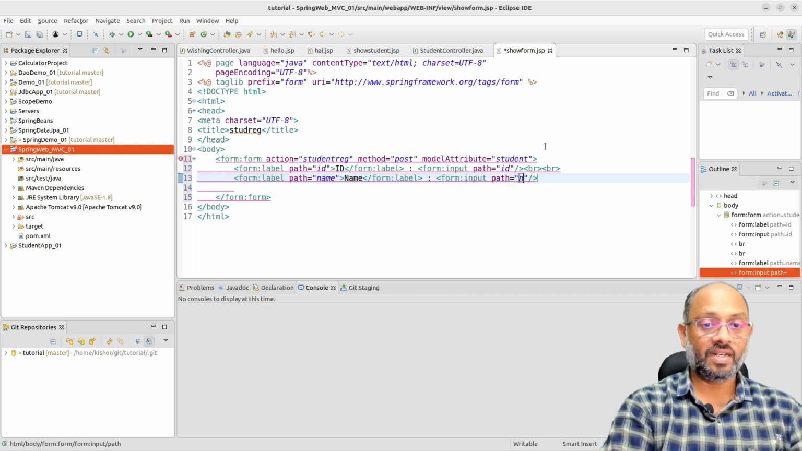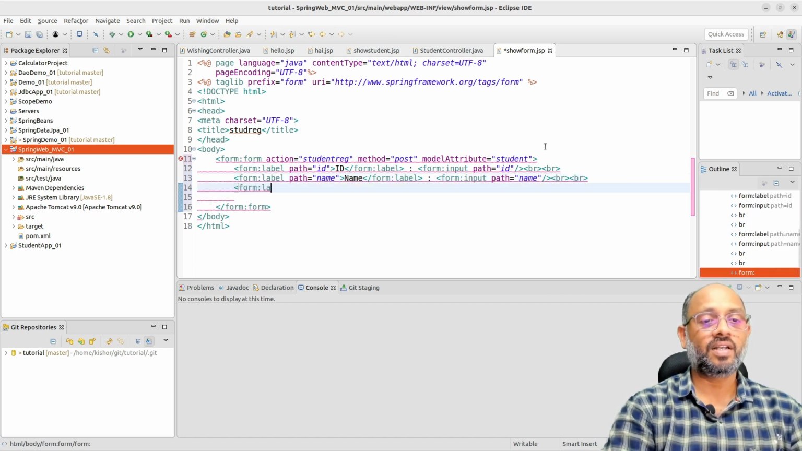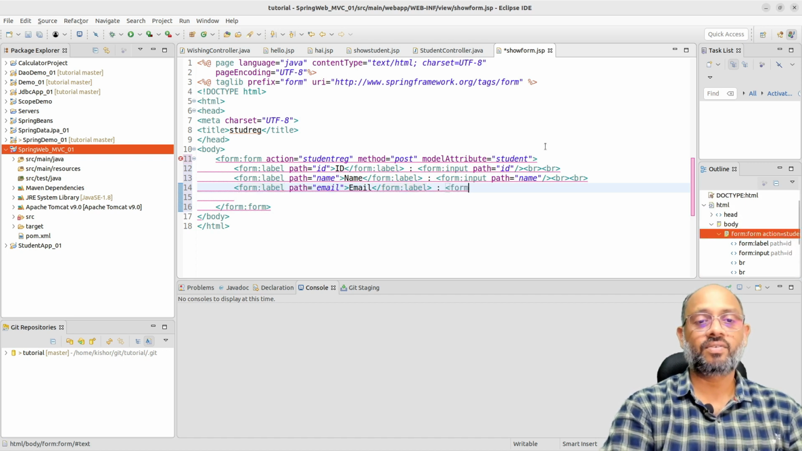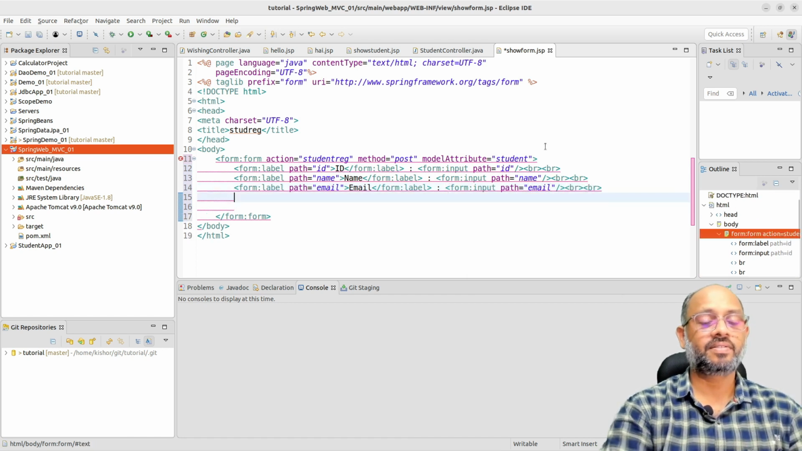Path is again name member variable, then break. Another form label, its path is email address, and the label should appear there on the screen, that is email, and form colon input, name is email member variable, and then break. Now